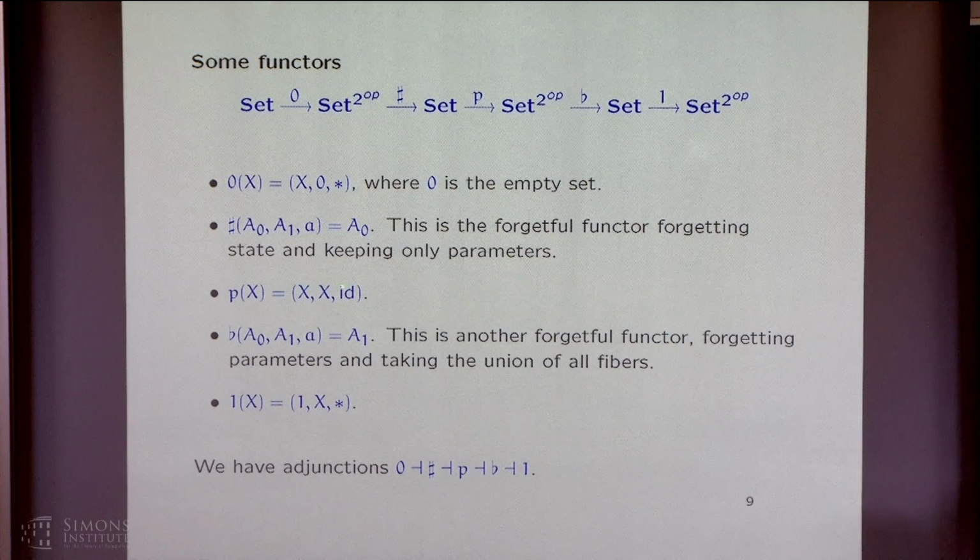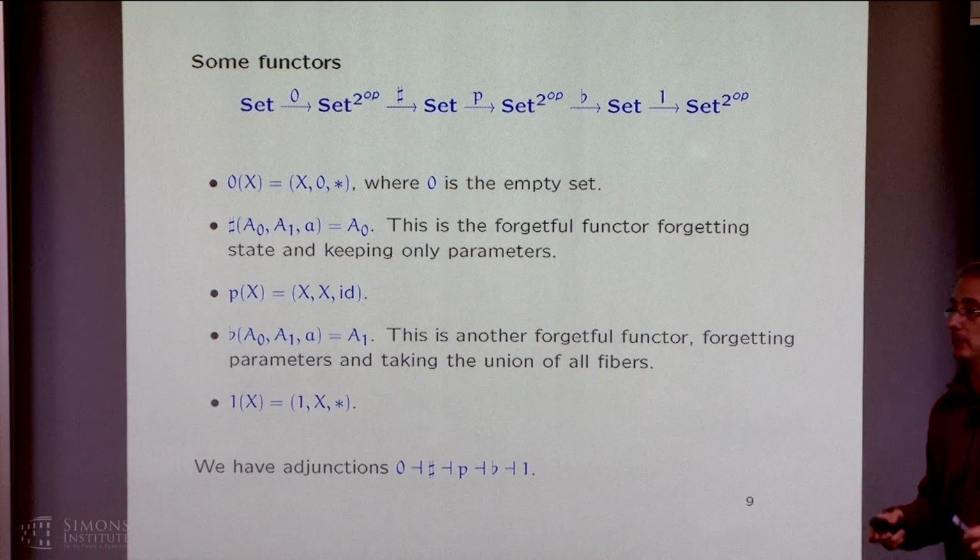Okay. And then it turns out to have both left and right adjoints, and they in turn have left and right adjoints. And of course, this is not a new thing to category theorists. It's true for any pre-sheaf category that you have such functors. But for us, it's interesting because the fact that these two are an adjunction, for example, gives you a comonad on the model. And that comonad will be the bang of linear logic. We are not going to really use it here because we have sort of classical circuits and we are not worried about linearity. But later, that bang of linear logic will come in handy when we are in a linear setting, and then certain things might be nonlinear.